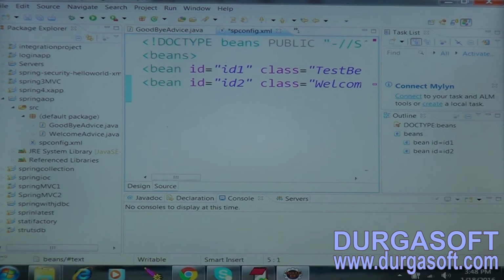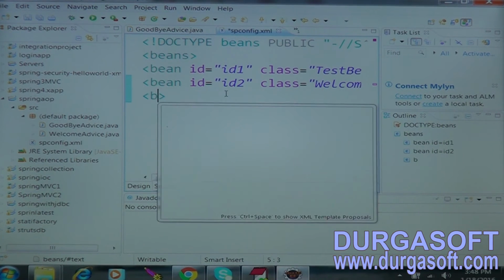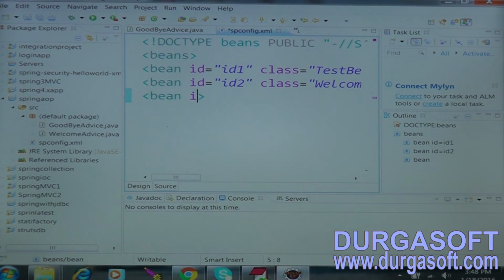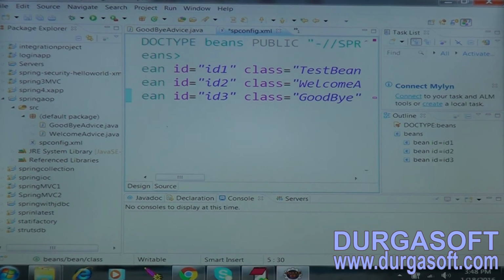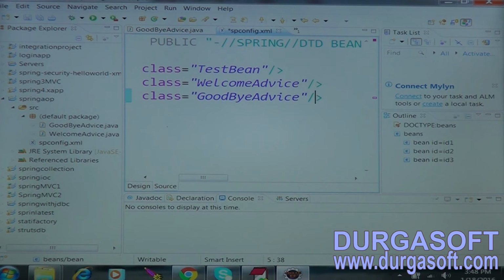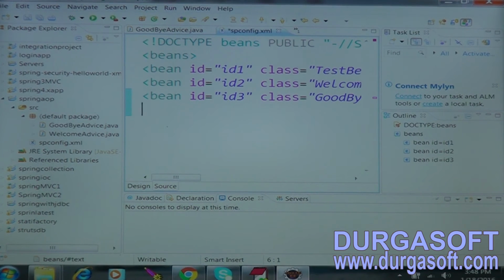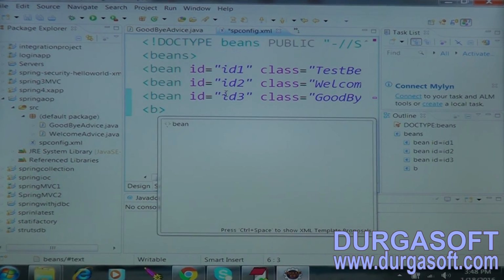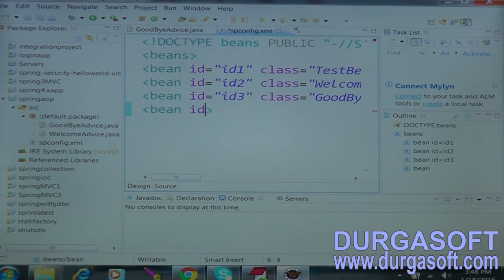The next, bean id id3, class GoodbyeAdvice. The next, bean id id4,